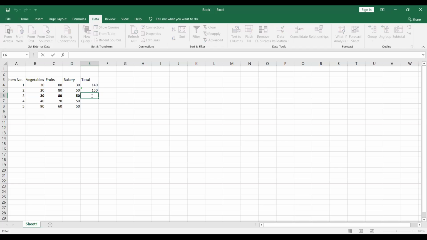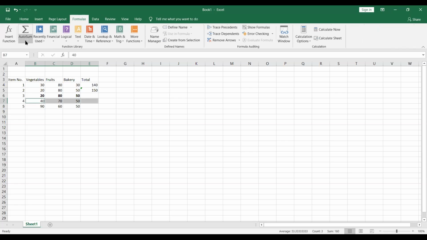But what happens if I have to use the functions directly from the formula tab? So I have to select this. You can select a particular row. Now, as you can see, I have selected this particular row, that is B7, C7 and D7. Okay, and I want the result in E7. Then I'll click on this formulas tab, and as you can see, we have so many formulas over here. AutoSum is basically the fastest way of calculating the sum of the numbers. Okay, so I'll click AutoSum, and then I'll be getting the number addition over here.